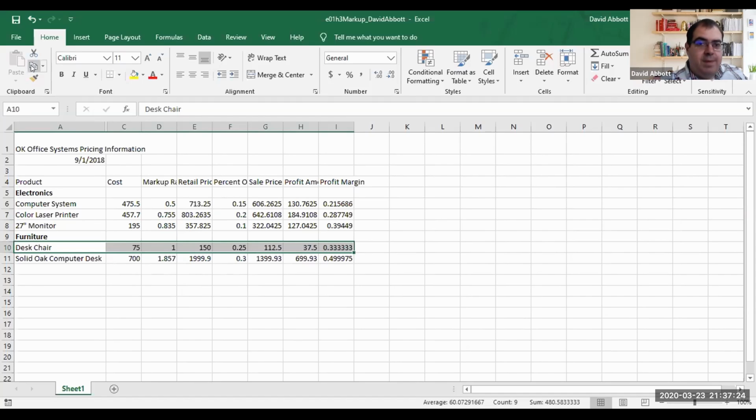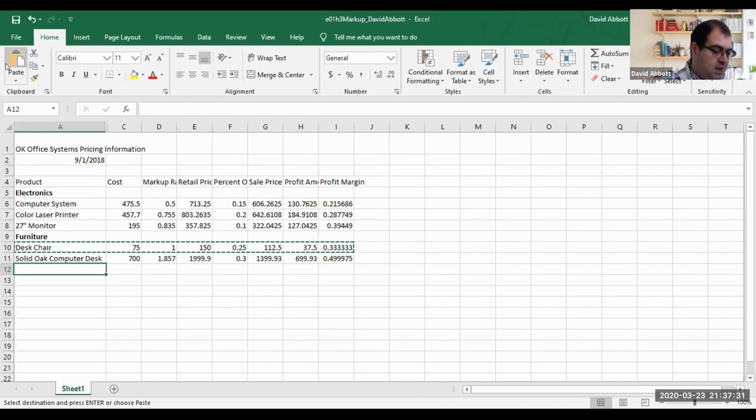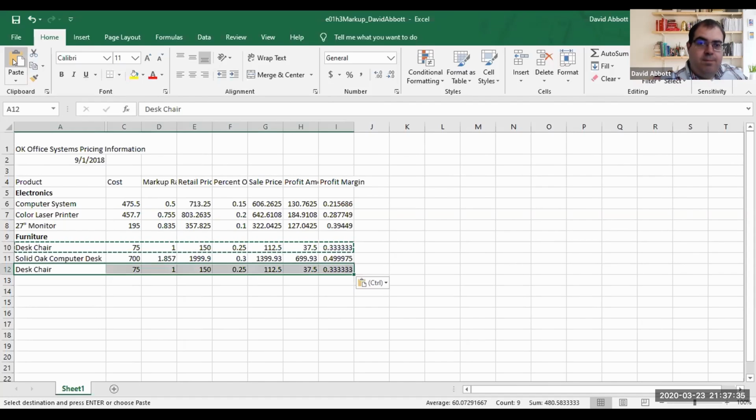And then we'll hit Copy, which is this button right here. And then we'll click on A12. And then we'll go ahead and hit Paste. So desk chair. So we sell two different kinds of desk chairs, a standard desk chair and what they call